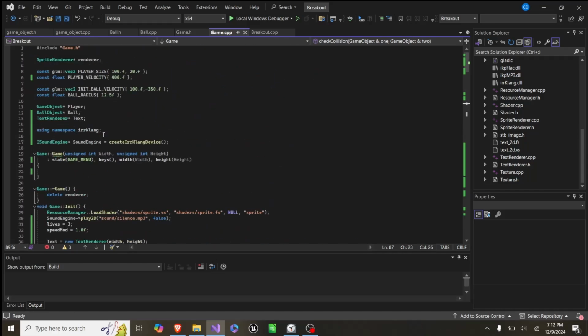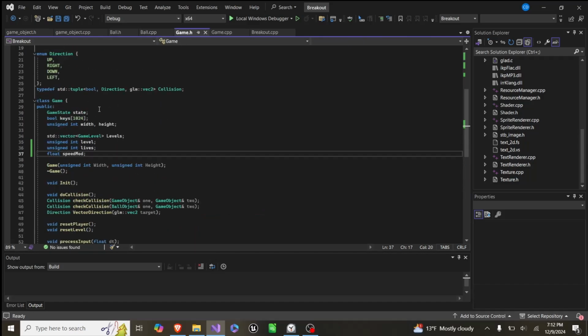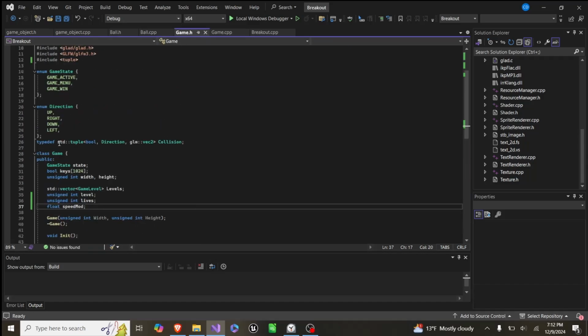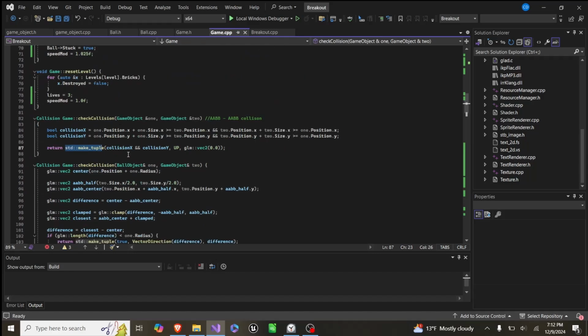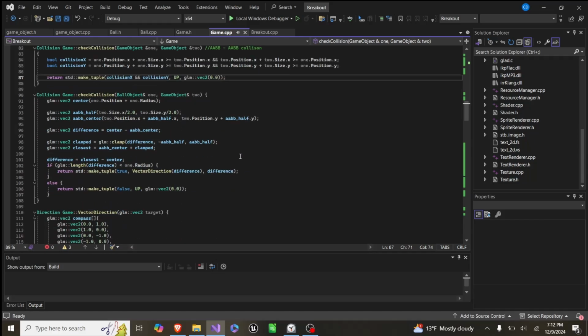We have a namespace in game.hpp. We say typedef std::tuple<bool, Direction, vec2> as Collision. So here we return the collision, and we say if these 2 combined are true, that's what we return. If it is, we say up and with no velocity. Then the other one is a little more complicated, but we get a center of the ball's position, and then